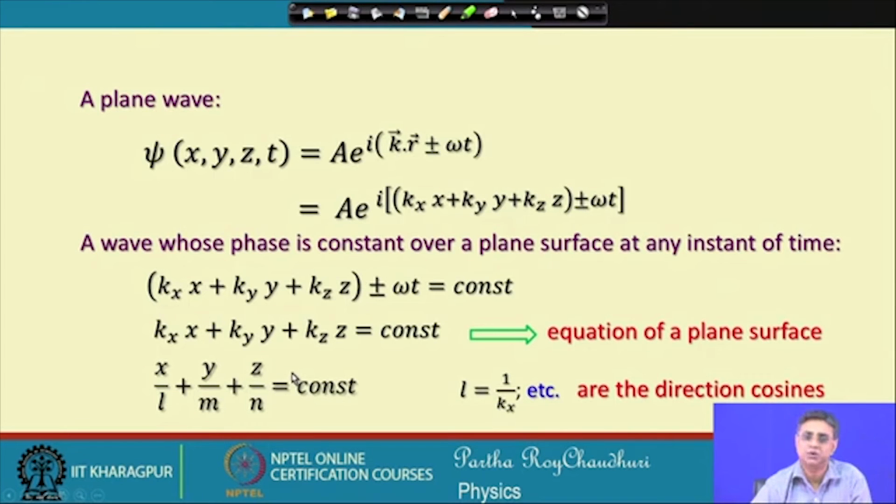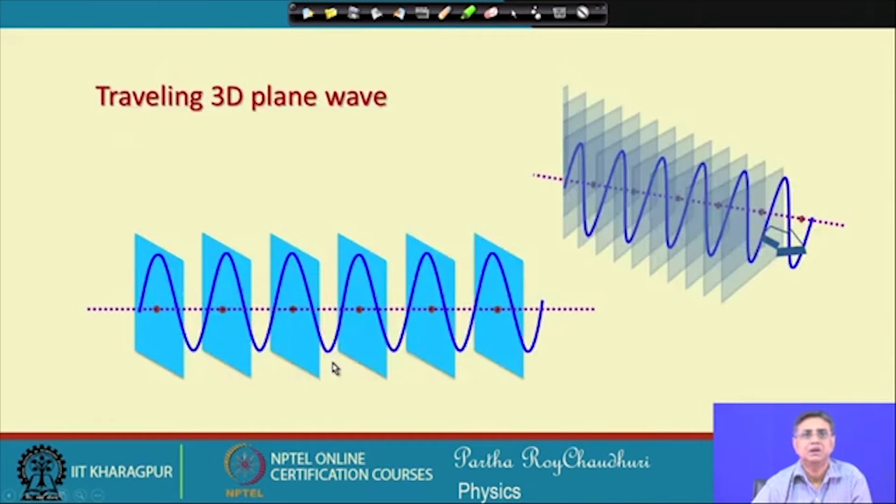So, the reciprocal of the components of the propagation vector represents the direction cosines for the plane electromagnetic waves. So, as you see, the phase remains constant over a particular plane. These are the planes over which the phase remains constant. This is the propagation, so pictorially,